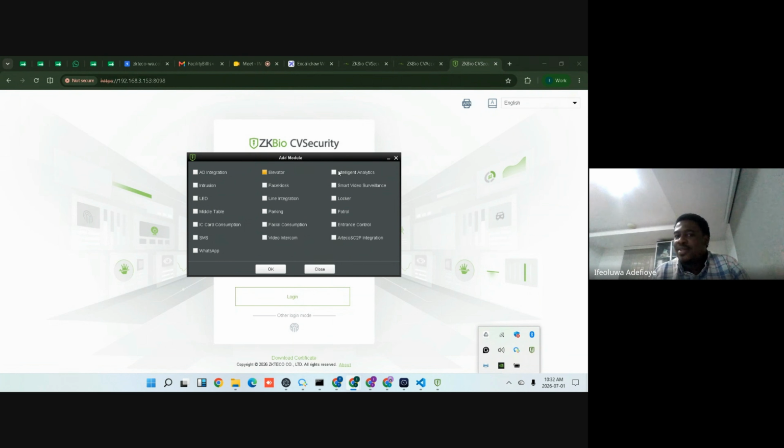So that is where you now come to this add module and you select the modules that you need, right? So if I have an elevator project, I can just come to elevator, select. So the elevator module will be added. So it's always important to add modules that you need. On installation, you'll be asked to add the module. So you add the modules that you need because